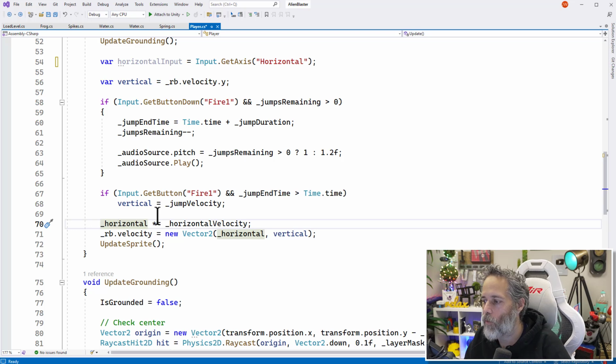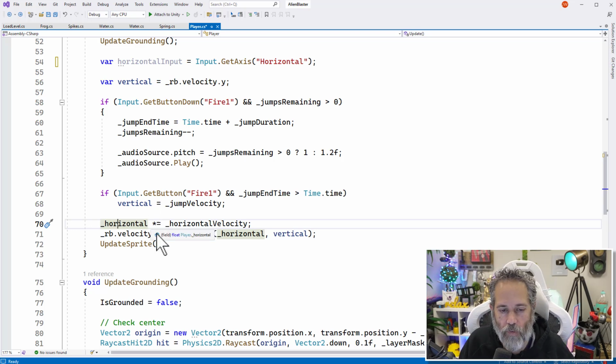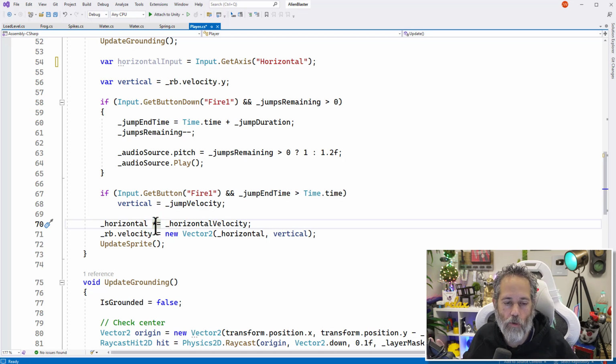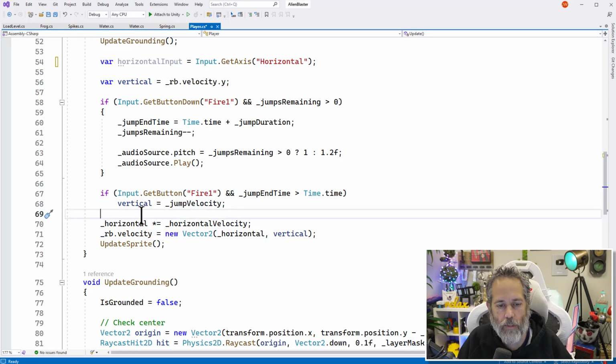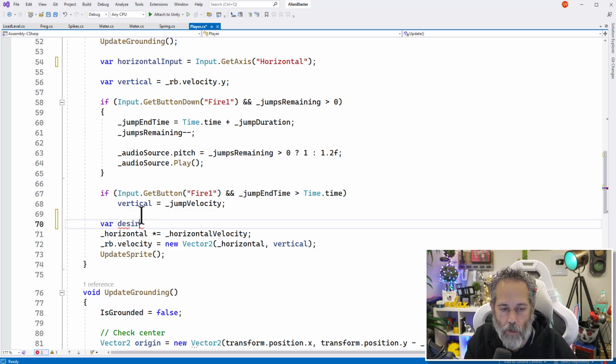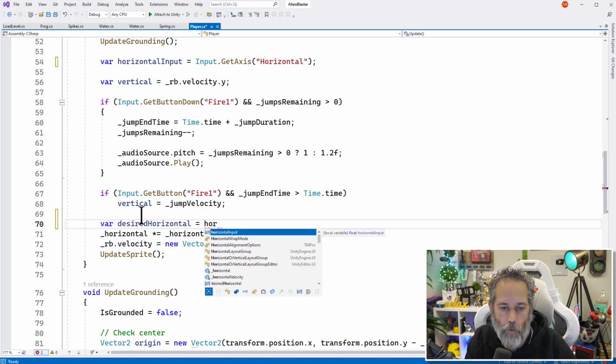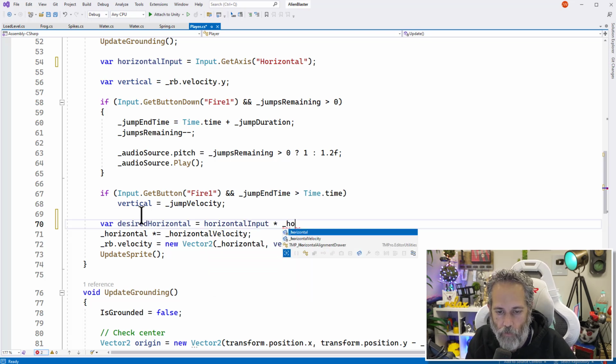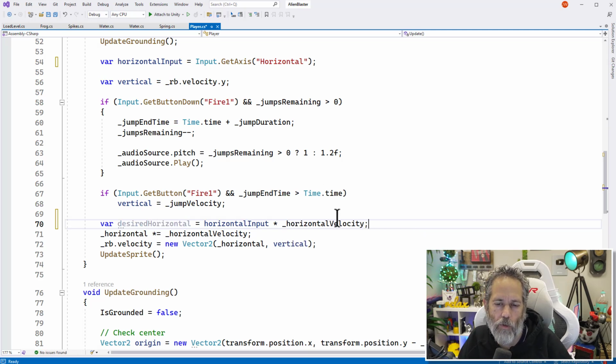And now what I want to do is move our horizontal value from our current horizontal value towards the value that I actually want to be at. So we're going to figure out a desired velocity and then use a math calculation to go from our current velocity to that desired one. We're going to add in a line here on 69 and say var desired horizontal equals, and we're going to use our horizontal input times our horizontal velocity, which is our horizontal max speed